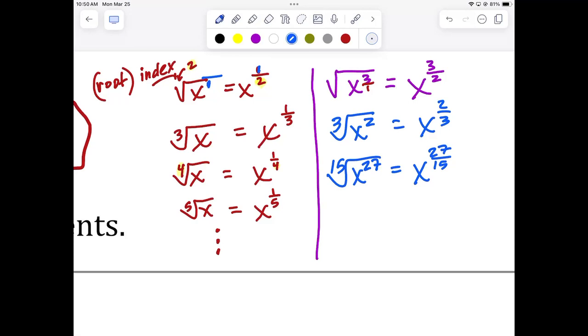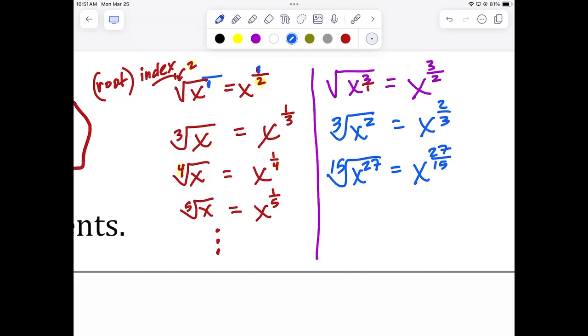Okay. But the reason we want to be able to express them as rational exponents is because we can use the rules of exponents, PEMDAS rules, on the rational number where it's harder to manipulate this if it stays in radical form. For instance, if I ask you to simplify the 15th root of x to the 27th power, you might not even know where to begin, would you? You got me. But if we write that as a fractional exponent, x to the 27 divided by 15th power,